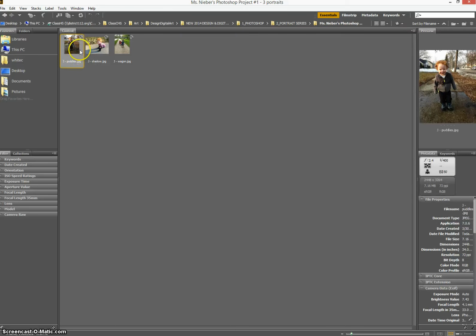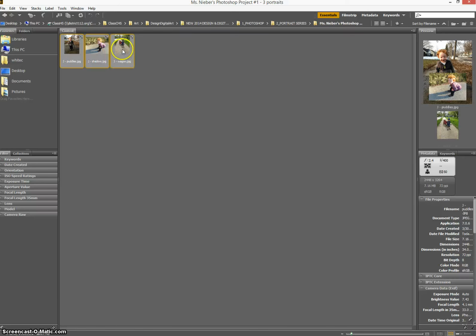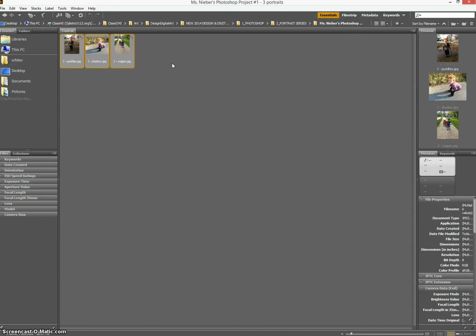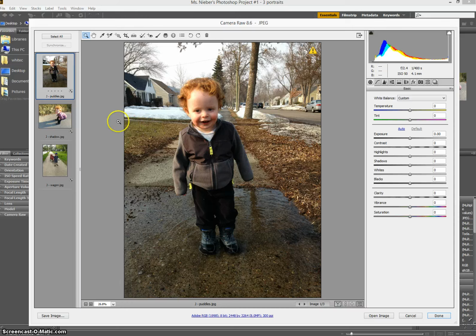So I'll click here, hold down Shift to highlight all of them, and when I right click in Bridge, there is an option to open, and if I just click open, it will open in Adobe Photoshop. I don't want to do that. I want to open this in something called Camera Raw. While this is opening,